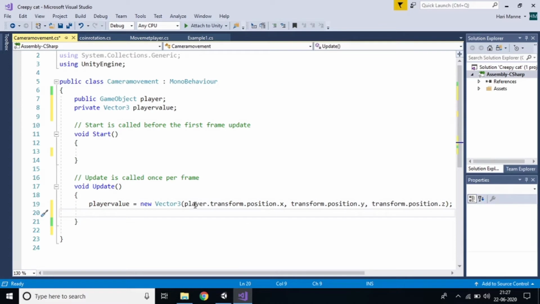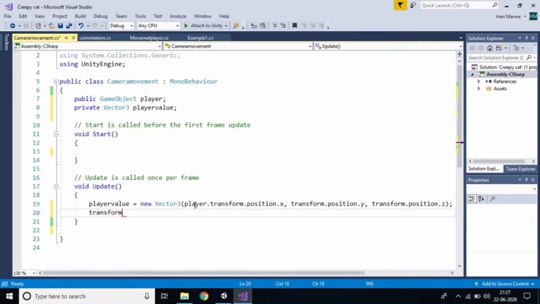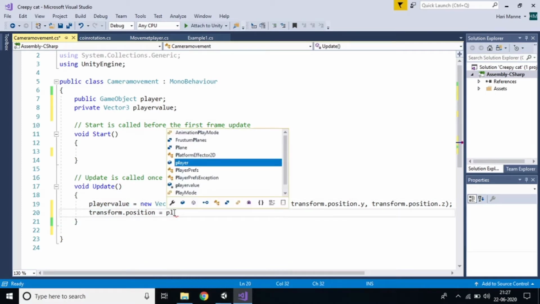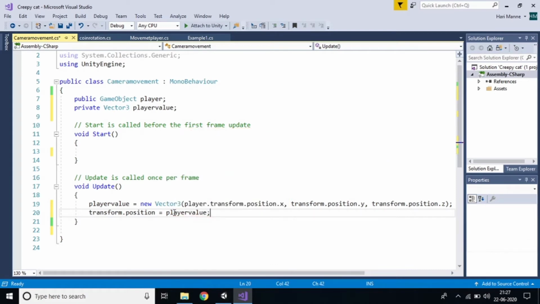So yes, of course we have done it. Now I want to print and see what happens. We can see transform.position equals the player value we calculated, so I'm assigning this value here. So playerValue, keep the semicolon, then Ctrl+S. I calculated the player value.